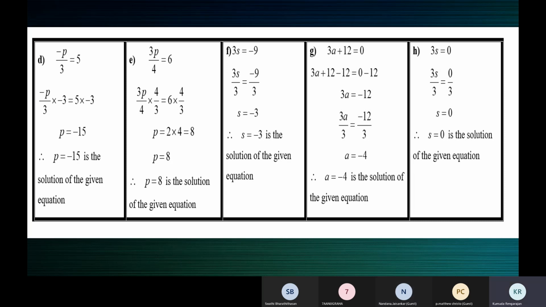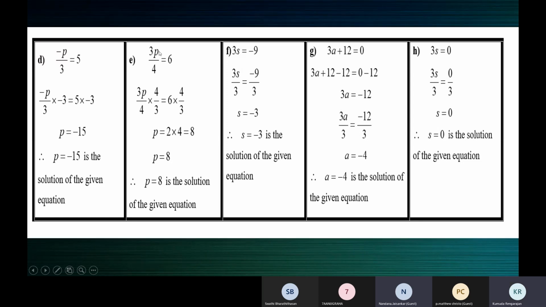I think the others are okay, right? I don't think you have any questions there. And I have a doubt in E, ma'am. Which one? E, ma'am. 3t by 4 into 4 by 3. How to simplify, you're asking? No, ma'am. How does it get us 4 by 3, ma'am?